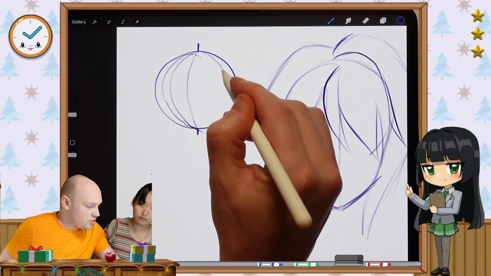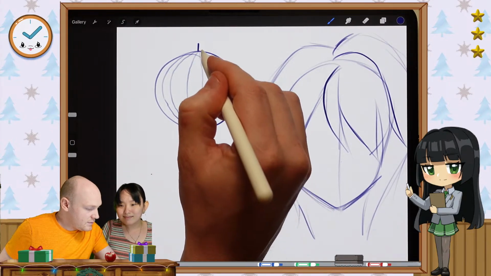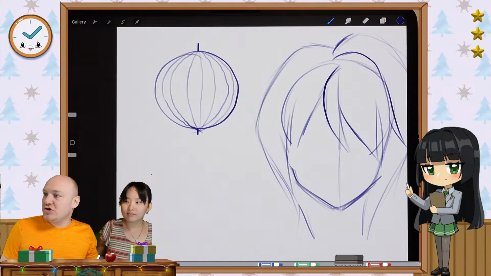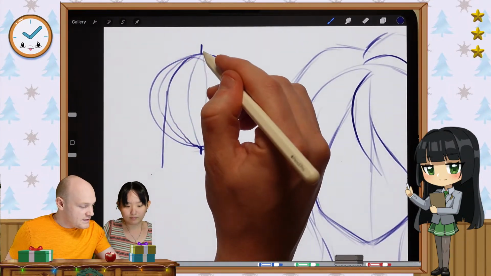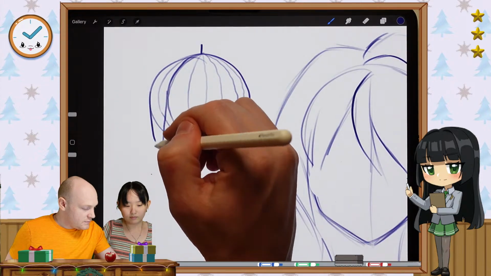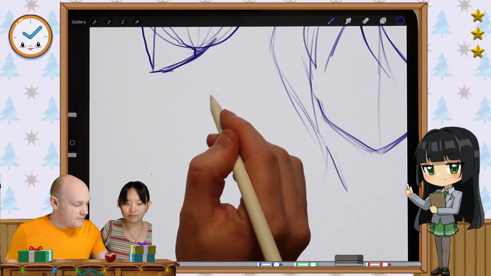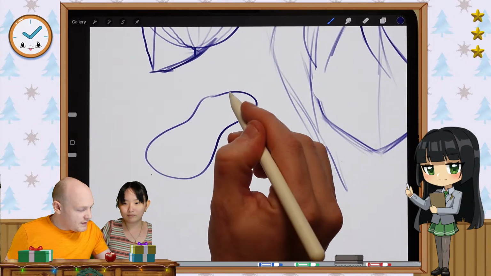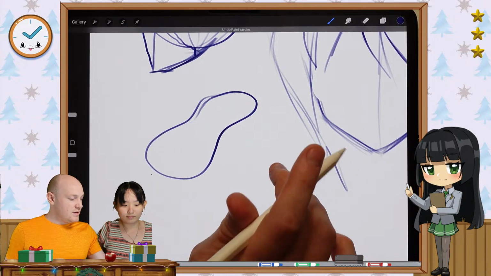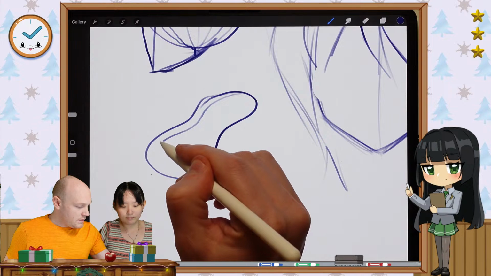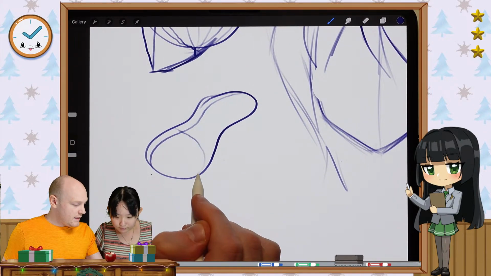And you just want to make sure that these are consistent. Very wobbly lines, but they're pretty much in the right spot. So if your head is turned this way, and this is the center line that you choose, you want to make sure that if there's an organic form, you find a really good center line. This could be the center line if you want, where this wraps around like that.